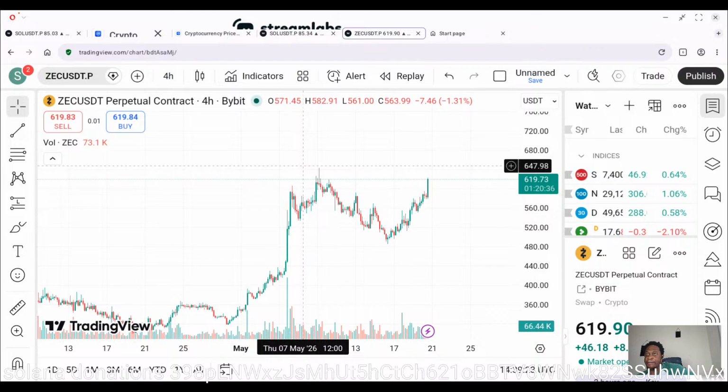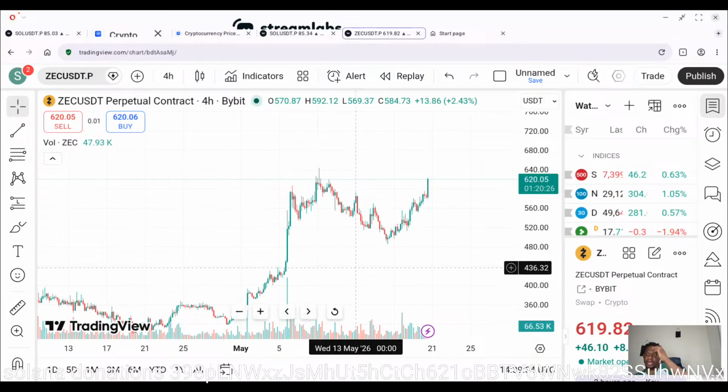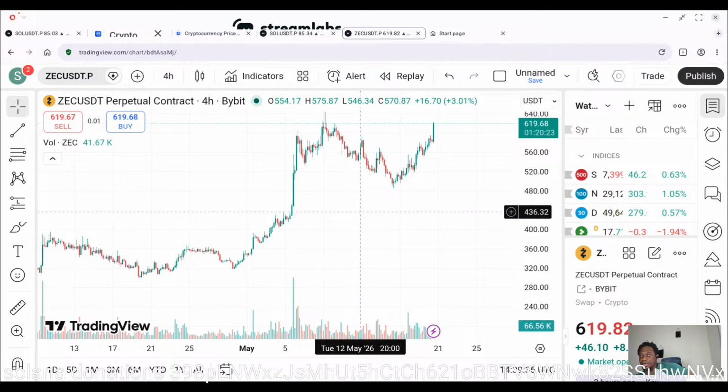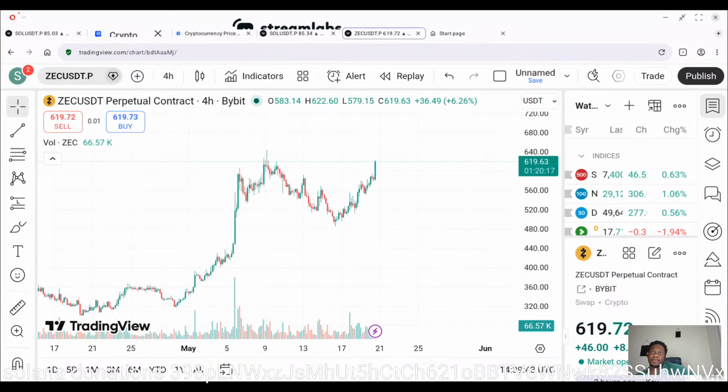In a bear market, it's attempting all-time highs. And it's not like it's a token that just came out from nowhere. It's not like it's a token that came out from yesterday. This token has been around for like 10 years. So keep an eye on that. Let's go back to Solana.